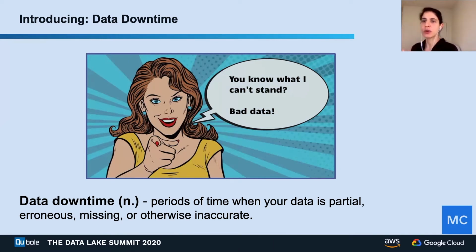Now, where does the word come from, right? Let me draw a corollary here to application downtime. So I'll take you again, probably a couple decades ago, to a time when people were just starting to build applications and just starting to have things like a website, for example. And when a company's website was down, actually nobody cared. Nobody cared because nobody was using your website, nobody knew about it, and very likely no one was really responsible for it, right? In those days, when your app or website was down, it wasn't a big deal.